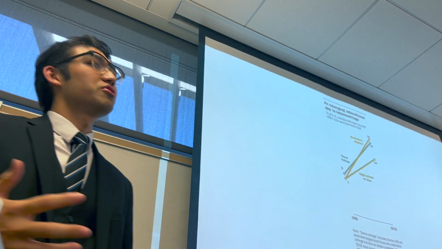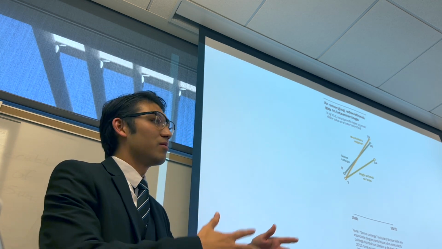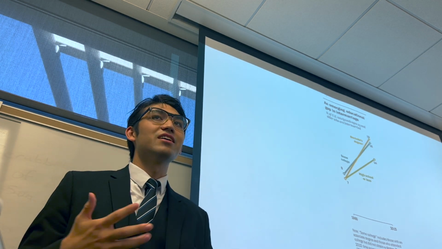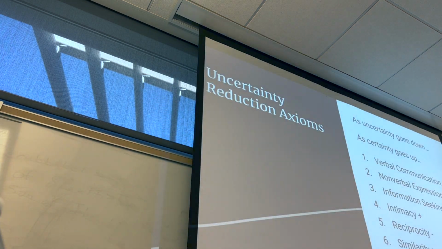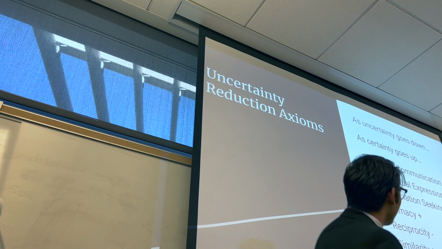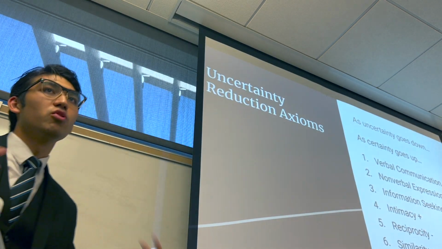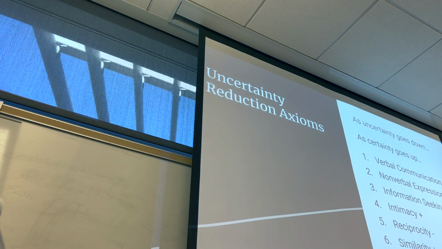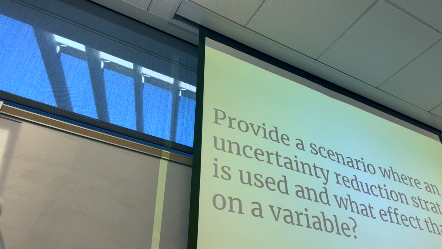If you didn't reduce uncertainty about the other individual or the other race or, like, political party, you might have a negative view because, once again, and I would say this is the most important part of uncertainty reduction theory, liking, right? Everything comes back to liking. So if we don't know a lot about other people, we don't like them. And that's why it's important to reduce uncertainty through those uncertainty reduction strategies.